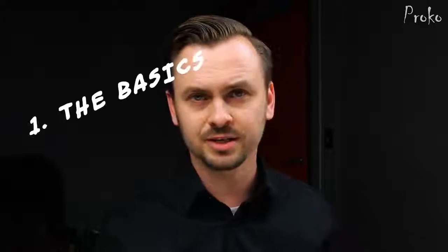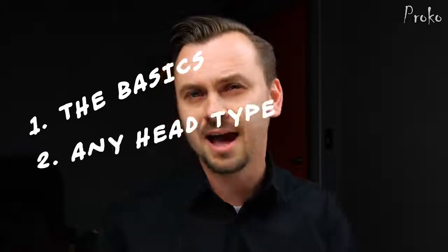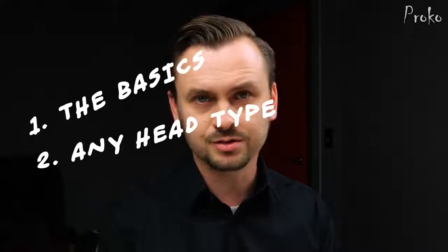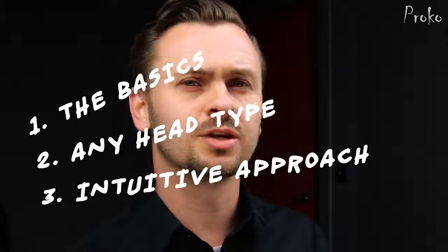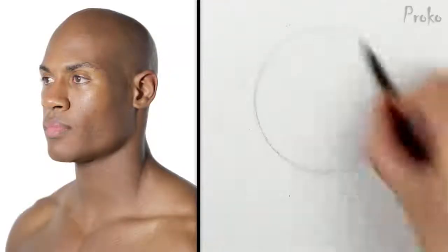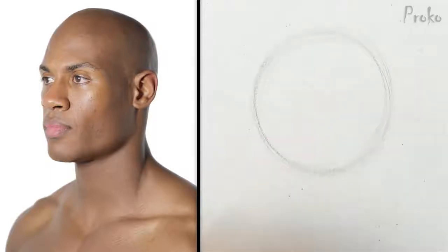In the first video, I'll review the basics. Then in the second video, I will show you how to adapt the Loomis head onto heads of all shapes and proportions. And then in the third video, I'll show you a more intuitive approach using the Loomis method a little more loosely. So the Loomis method, basically what we do is we have a cranial mass as a sphere,